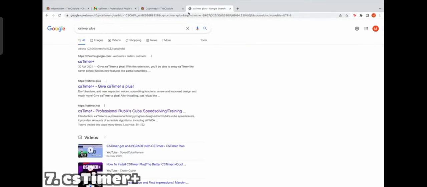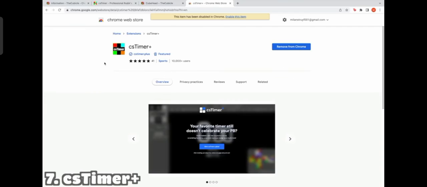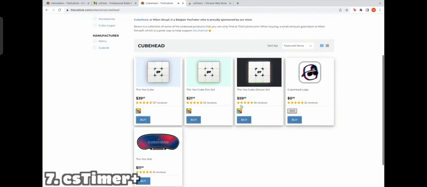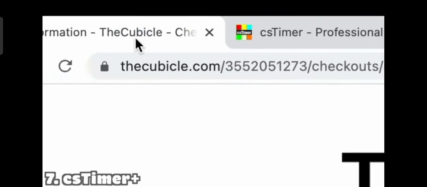And finally, there's a Google Chrome extension called csTimer Plus, which if you enable it, oops, I clicked on the wrong tab. Oh, what is this? The Cubehead page on the cubicle. All products 5 stars. Let me now go back to csTimer. Oops, another wrong